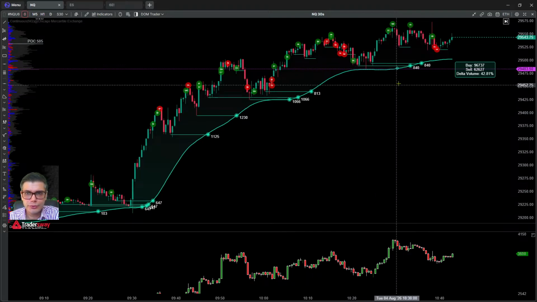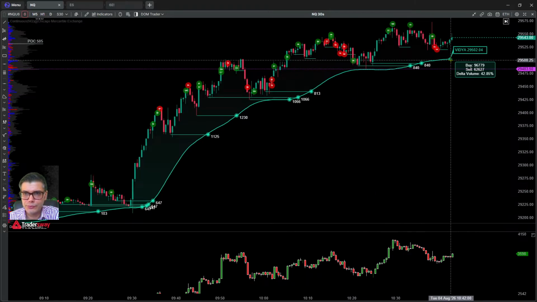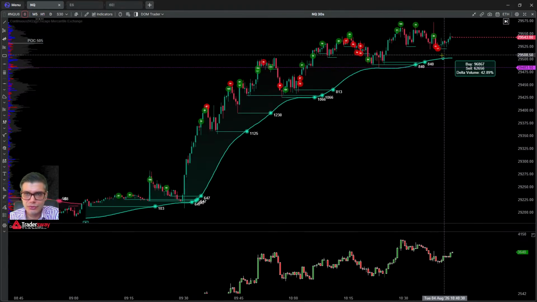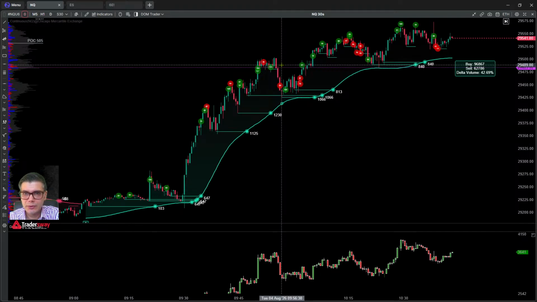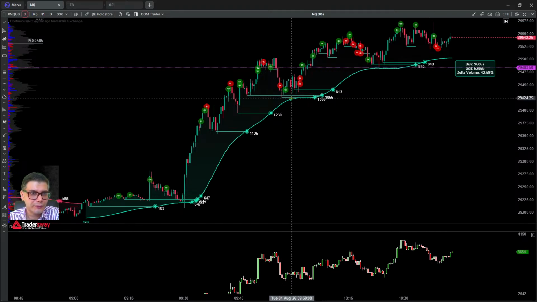But I would like to short it once the price closes below VI, this volume index average. If I see a sell signal in the 30 seconds time frame, considering the point of control is here, I would like to go short and leave the stop at the highs. For the morning session trade,